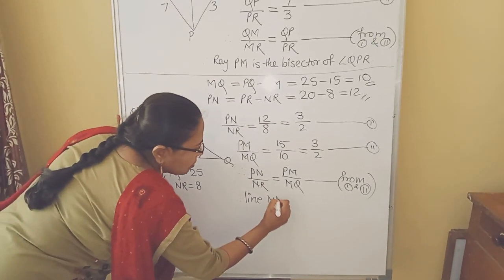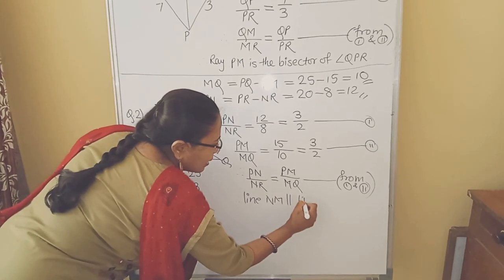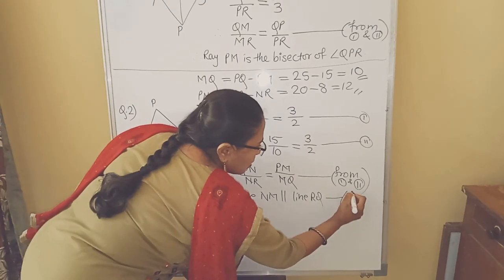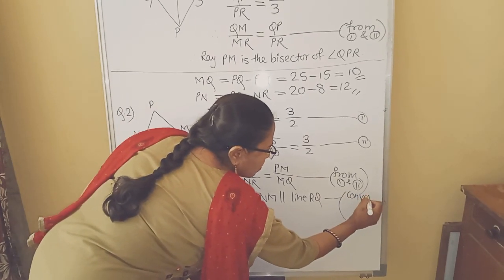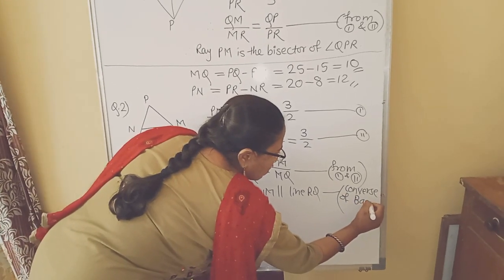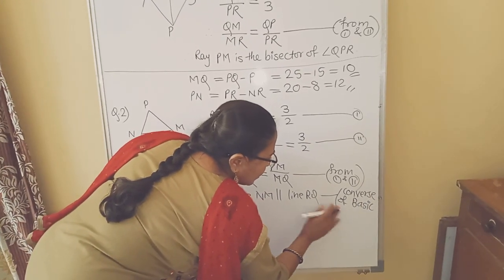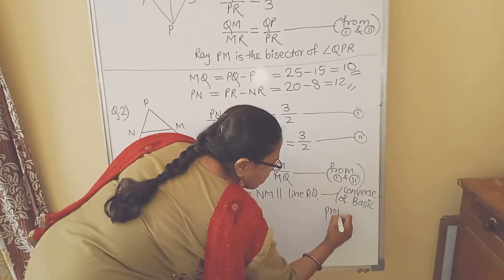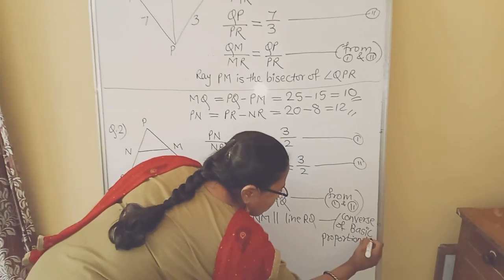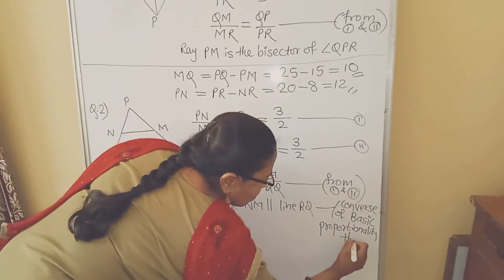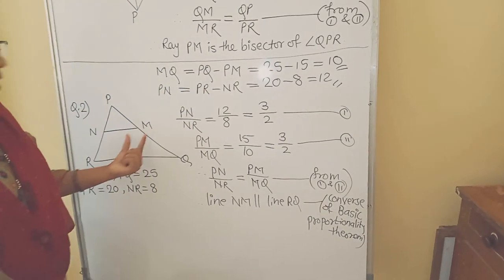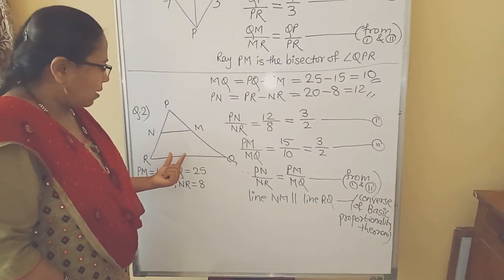And the reason we will write is converse of basic proportionality theorem. Understood, student? How we decided line NM is parallel to line